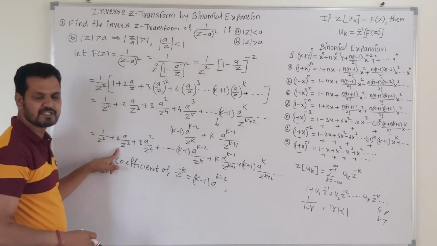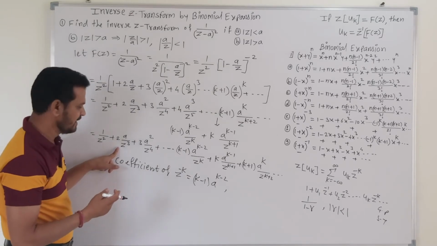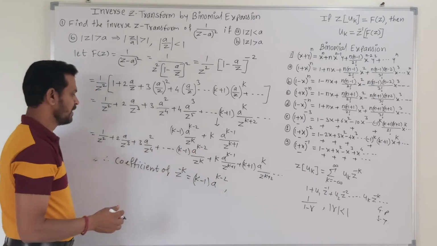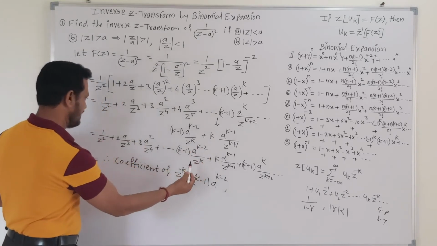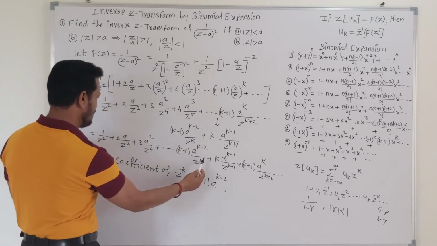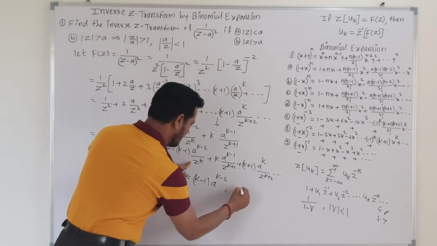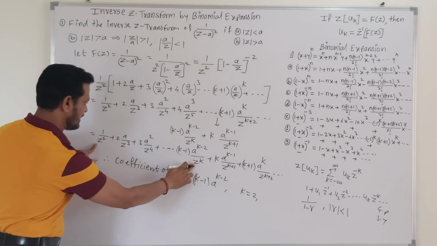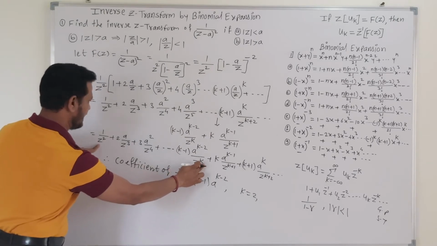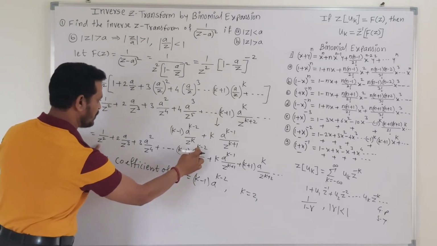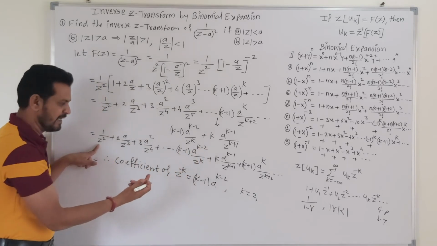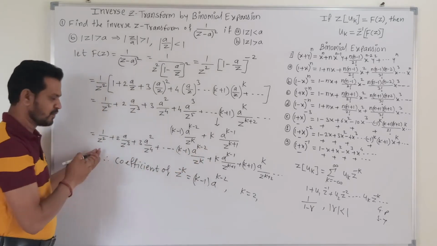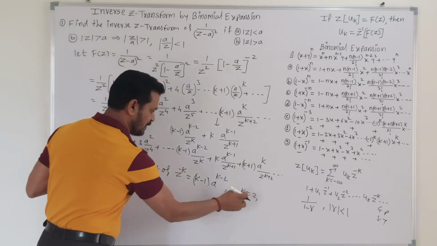Put the value of k in such a way that we get this as the value of second term, third term and so on. So here in particular if we put k is equal to 2, then we get this as z raised to 2, then a raised to 2 minus 2 is 0, that means 1, then 2 minus 1 is 1. So this is possible when k is equal to 2.